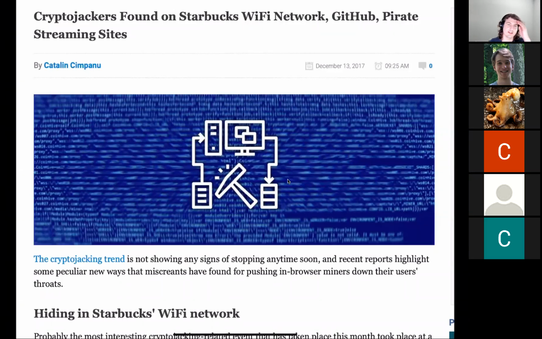And what somebody realized is that all of your traffic at the Starbucks Wi-Fi network was going through a central point, and I believe on non-HTTPS pages, they would be injecting JavaScript code that would start mining cryptocurrency as you were browsing the network. So this was a huge issue that had to be brought to Starbucks' attention.